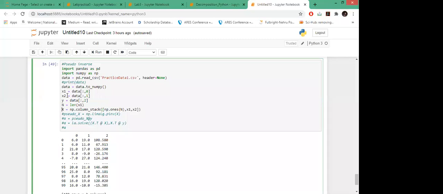So what we do, now your system A will have the first column with all ones corresponding to the first stimulus, and then the second column is x1, and the third column is x2, and your unknowns are the parameters A, B, and C, which you need to estimate. This is your x, and then we find the pseudo inverse of x using pinv of x. This will give you the pseudo inverse of x.